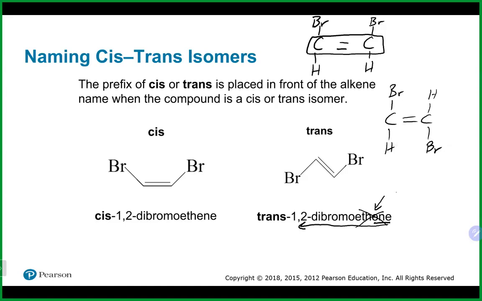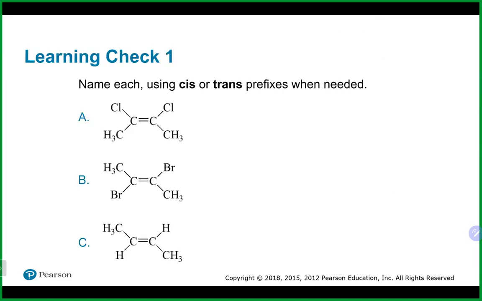So sometimes it's easier if you're drawing either cis or trans just to draw it kind of like normal, and then go back, isolate the double bond, and then just kind of move the groups where they need to be moved, rather than trying to draw it right out of the box as either cis or trans. Sometimes it's a lot easier to kind of go backwards and do that. Any questions on that there? All right, so